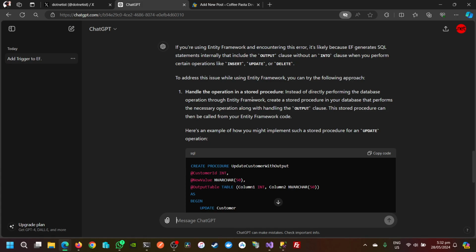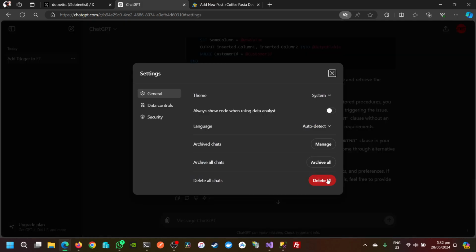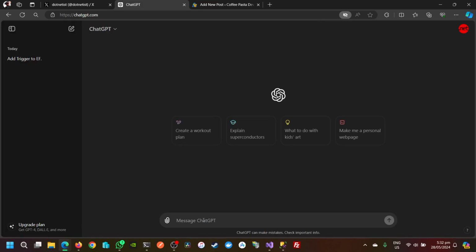Handle the operation in a stored procedure. Let's abandon this idea. Let's just ask how to implement, can we implement a database trigger